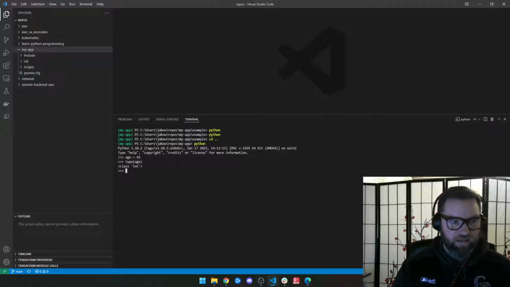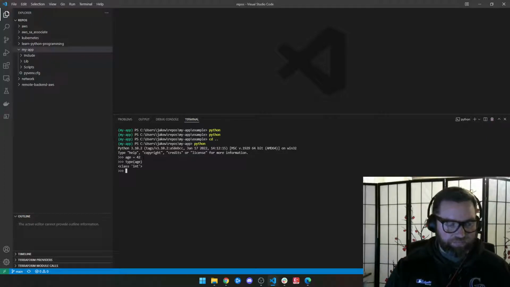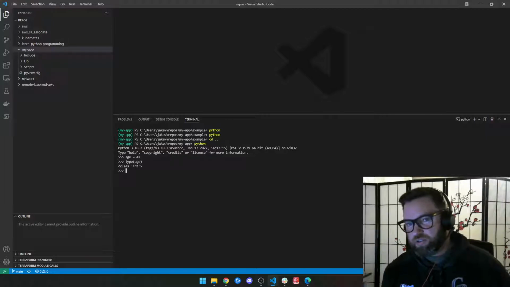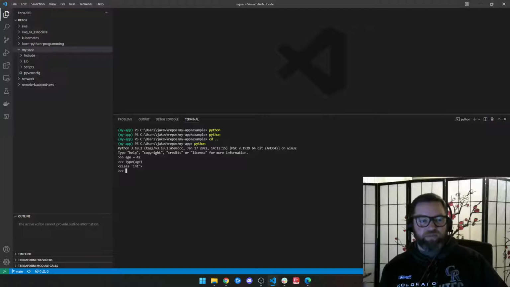So it automatically assigned this variable the type int because Python was smart enough to see that this was an integer, and so it created an ID and then it created a type and said this is an integer, so I'm going to assign it to a type int. And you'll see it says class int. Don't worry about the class part for now. But just know that it's smart enough to know that if you set a variable to a number,